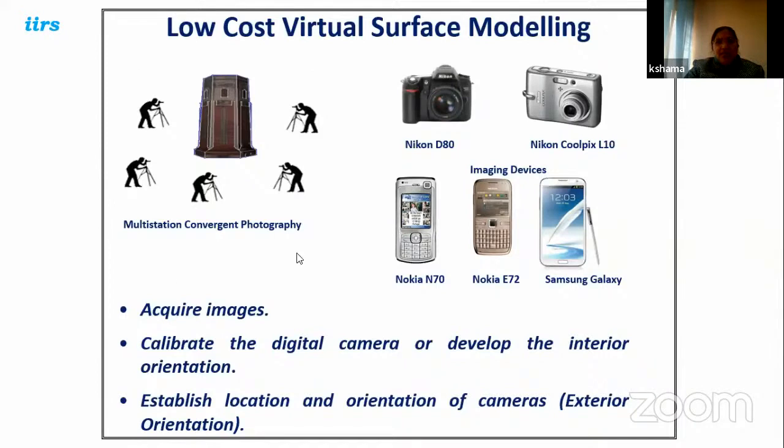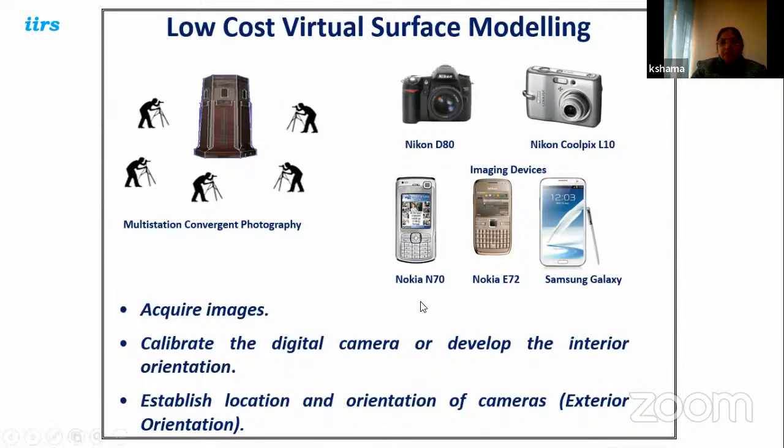You can see that there is one technology which has been developed that is known as close range photogrammetry, or a very low cost virtual surface modeling. You can use even your mobile camera, or some good quality camera and metric quality camera depending upon the accuracy requirement. And you can calibrate the camera, and you can establish location, and then you can create